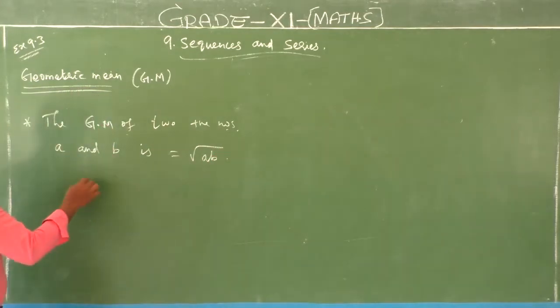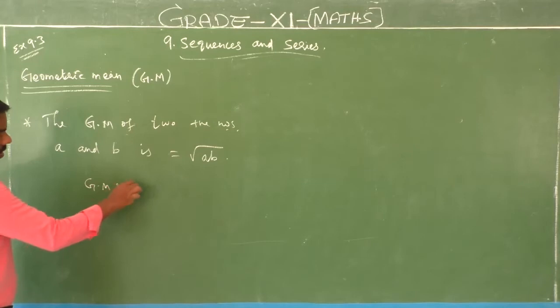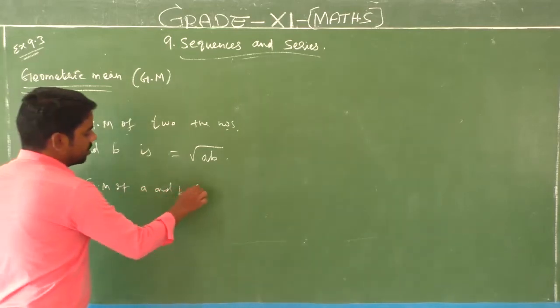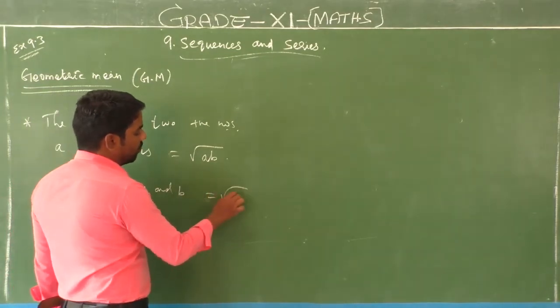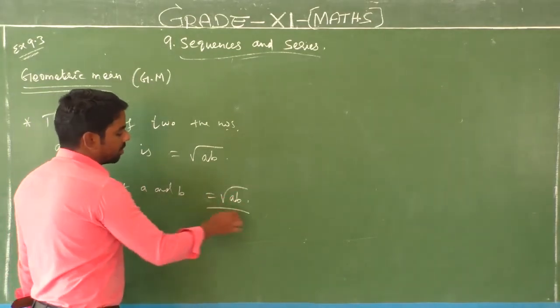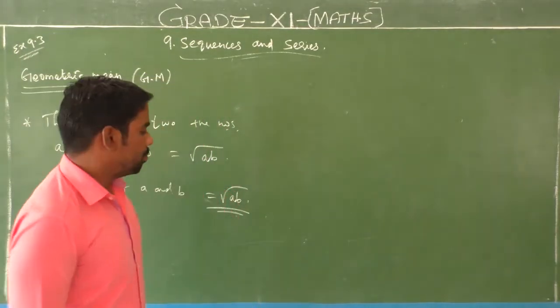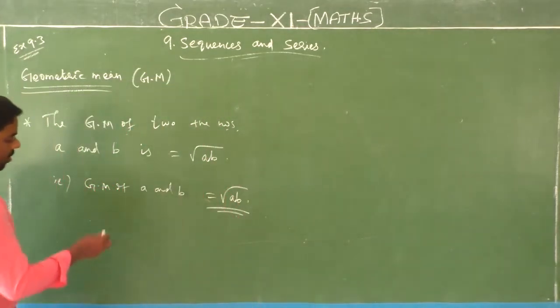That is, the geometric mean of a and b is equal to root of ab. This is the geometric mean of two positive numbers a and b. Okay, very simple formula. Example: